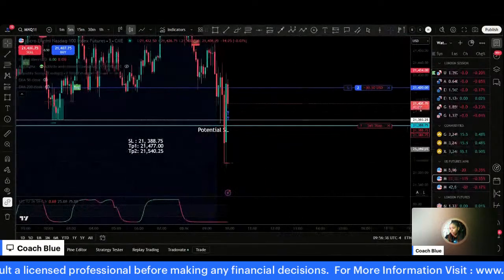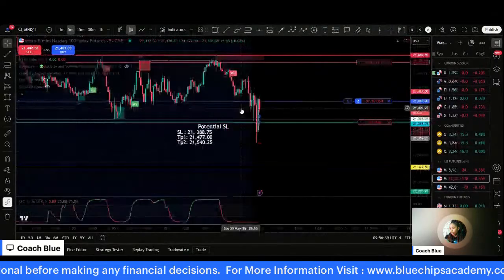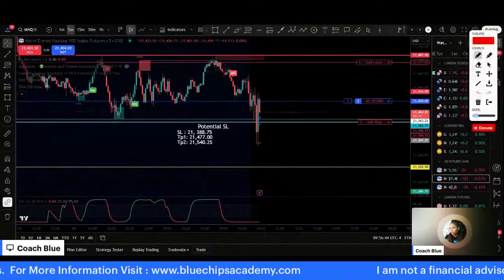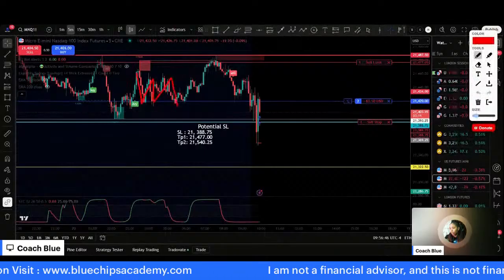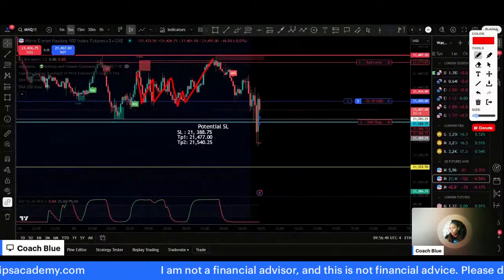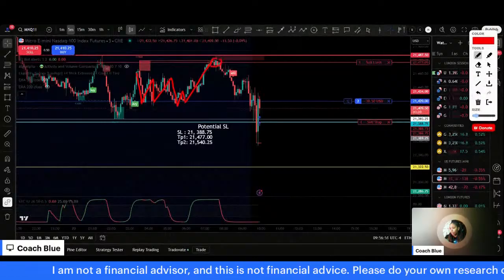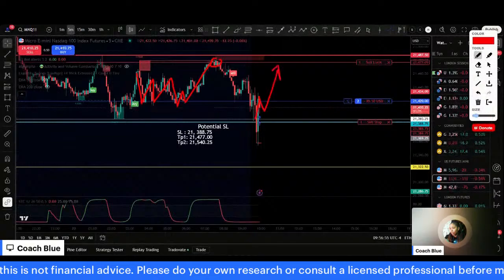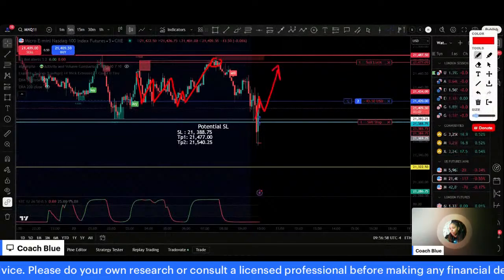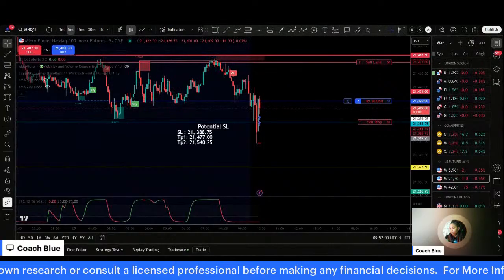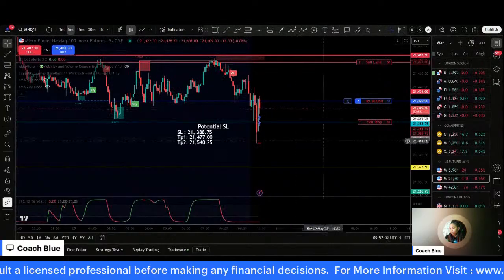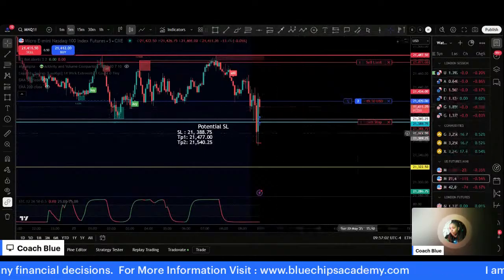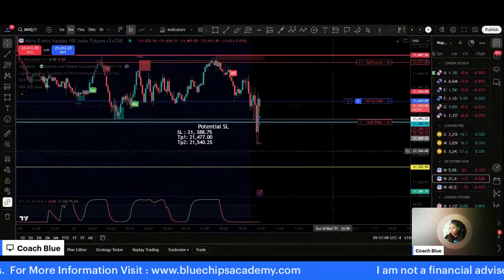All right, so let's see how this thing plays out for us. We're getting a little pushback here, which is to be expected. If we look here to the left, this was past support here. Found support here multiple times. So yes, we are going to experience some resistance from this level right here. But let's see if we get some resistance, and then we can continue to push up to see if the buyers can continue to take control of this market condition. We have our stop in place, and we're going to let this thing ride out.